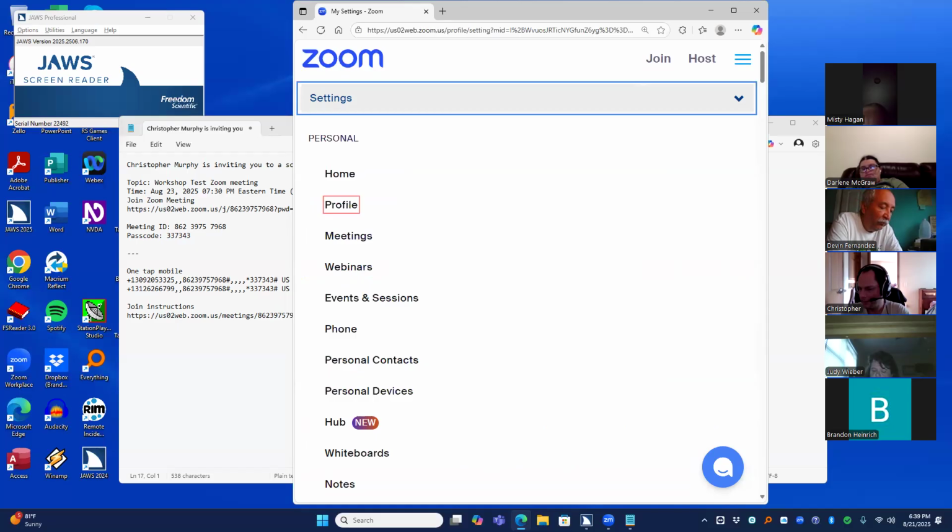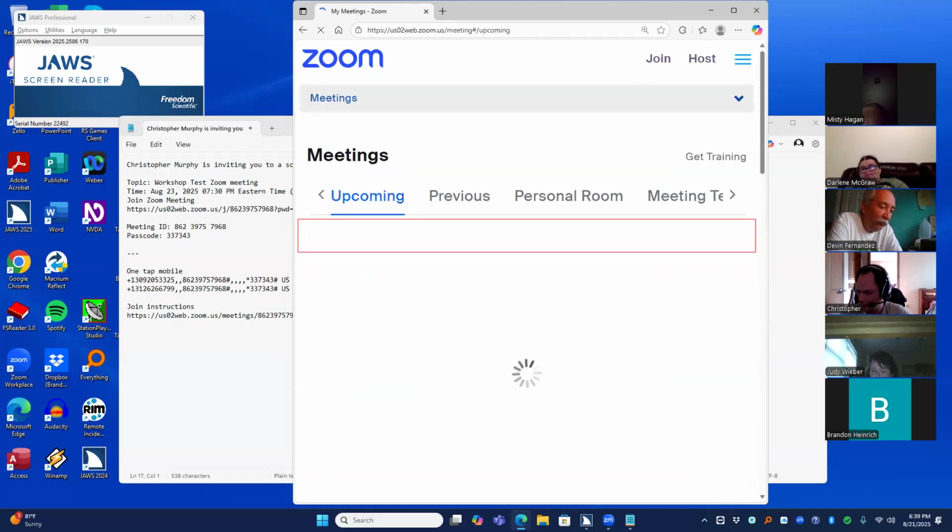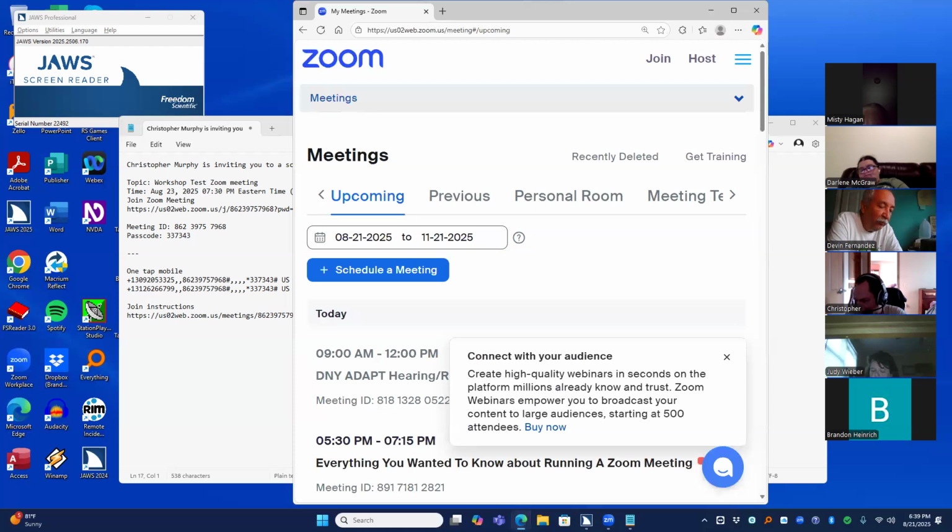Side setting, person home profile meetings menu. And I'm going to press enter on this personal menu, meetings. And now my meeting. I have to press the letter H to go to the next heading. Meetings heading level 1. And this is where it gets a little tricky, so I'm going to down arrow until